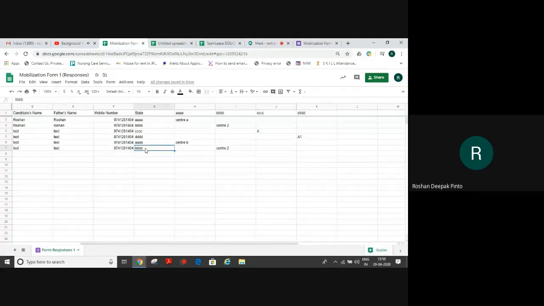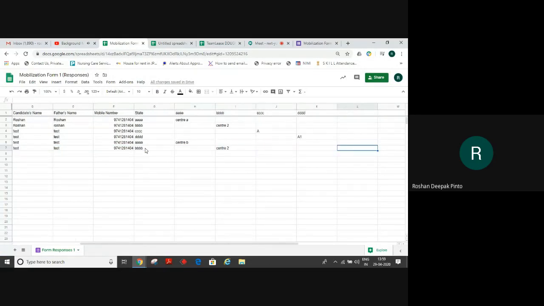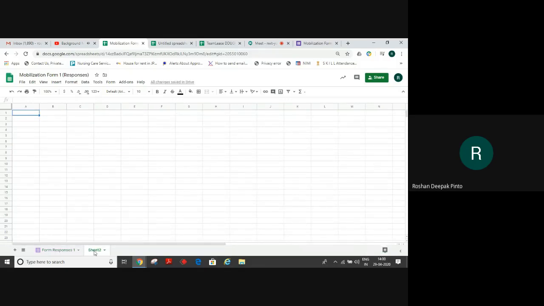For your sake, I've already entered certain test runs and you have the data here. I wouldn't do anything on this sheet because this is my raw data which is coming in; the traffic comes in and settles here. First of all, I will create a working sheet right next to the first sheet. I click on this plus symbol, that is add sheet. Your sheet is created here and I will name it. You can name it anything, but for me it is a duplicate.